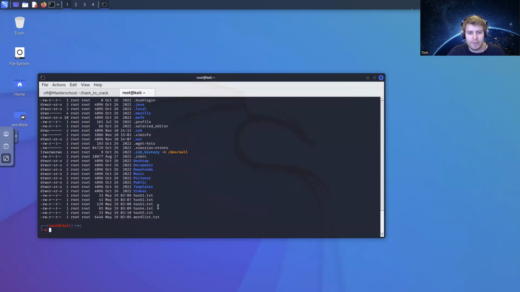That mainly comes from it being just a little easier to use. I don't have to find out what type of hash it is and then look up the hash code of that hash to use in Hashcat. I can just take it by its name and use its name as the format for John. So